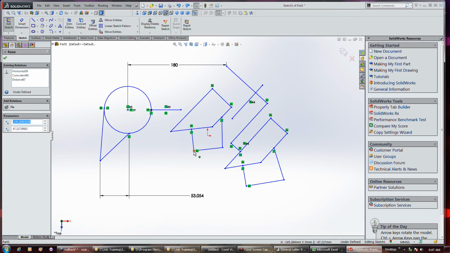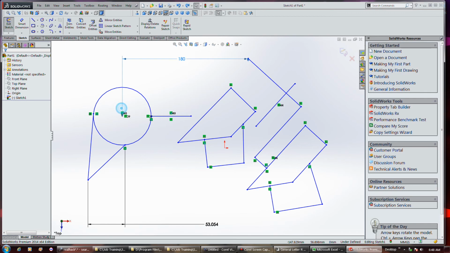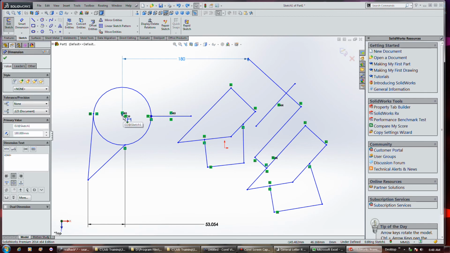Again, it doesn't work like you'd expect it to. Anyway, it's a question of the cursor. If I do that, I'm just going to be moving the circle. But if I do it right there, where you can see the dimension icon pop up, then I can drag the dimension and put it in a different location, like, for example,